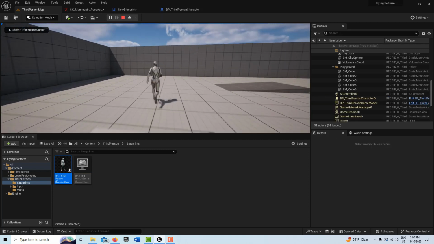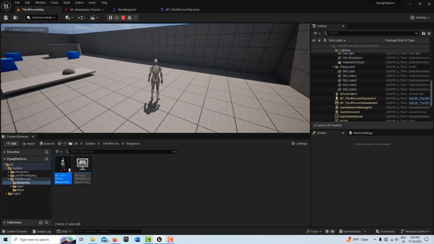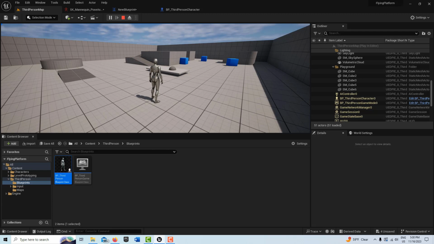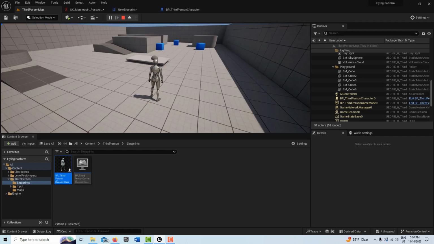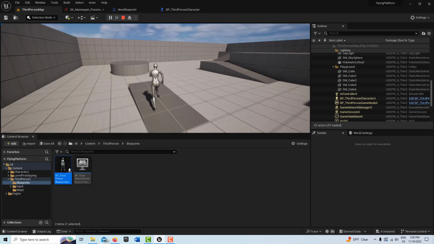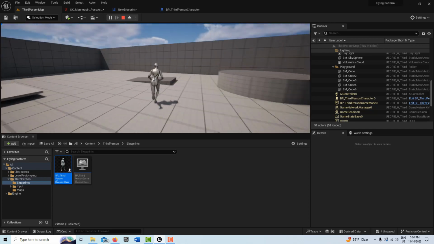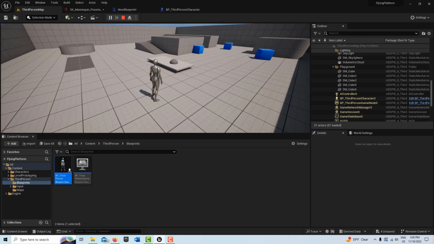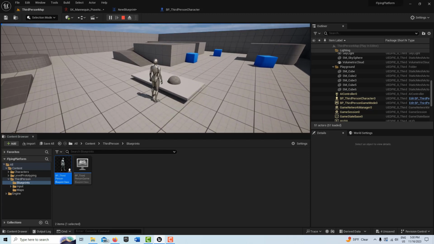This is just a working prototype, and you can tweak this all you want. Normally this would probably be triggered by a trigger box, but here I'm just triggering it with a keyboard press. So that's our flying platform. The idea is that we've got this third person player character running around and doing the usual stuff. But then there's this flying platform, and he comes over to it, and he could trigger it with a